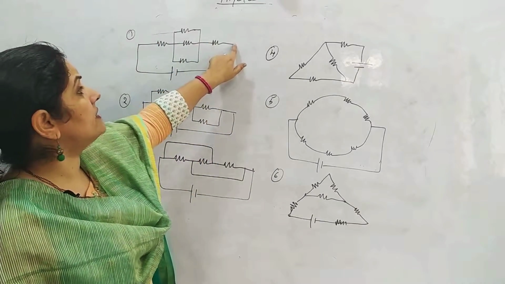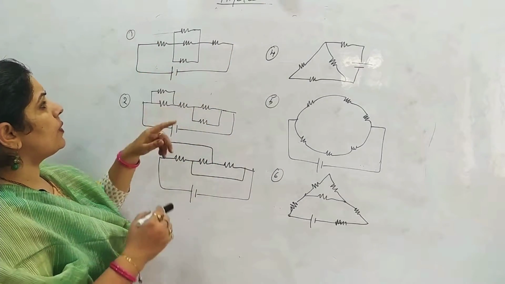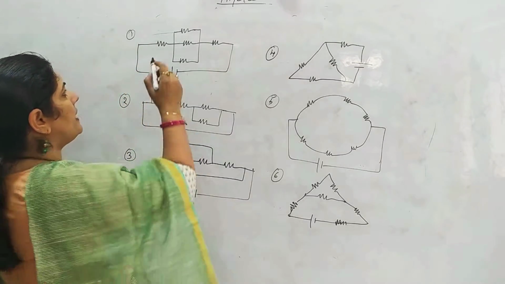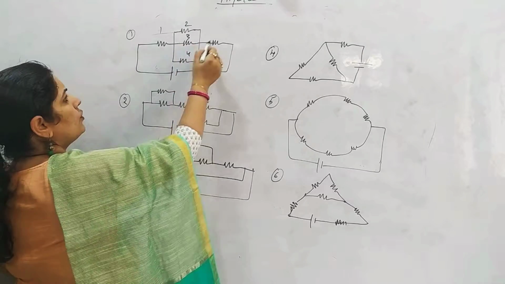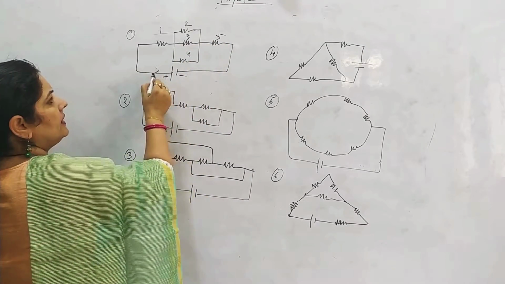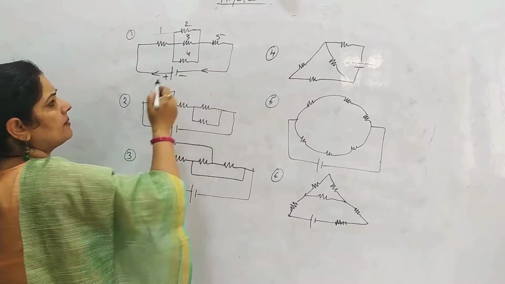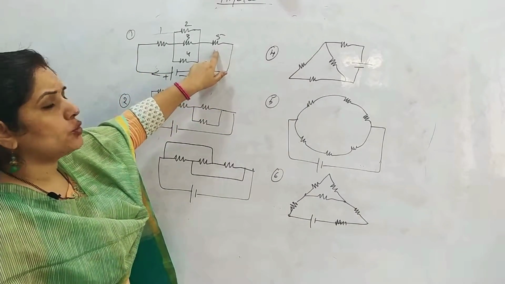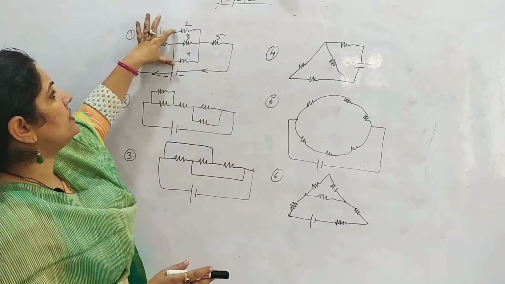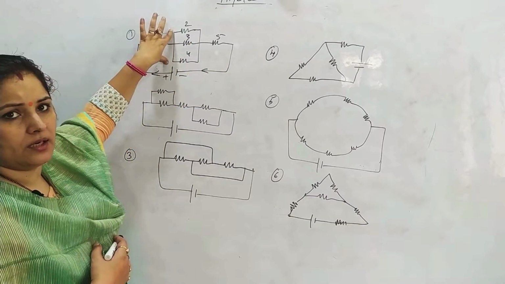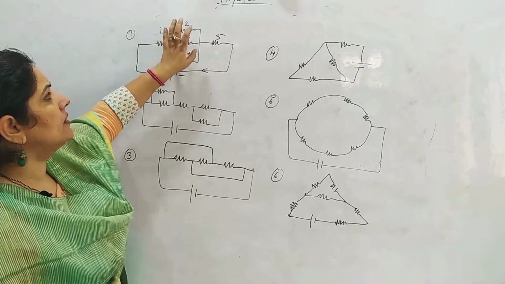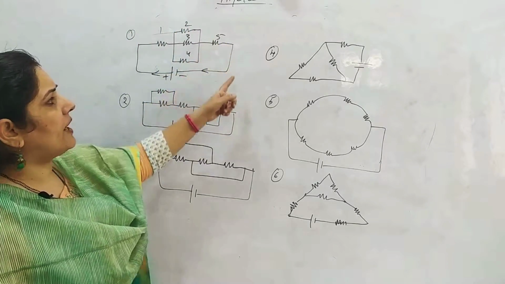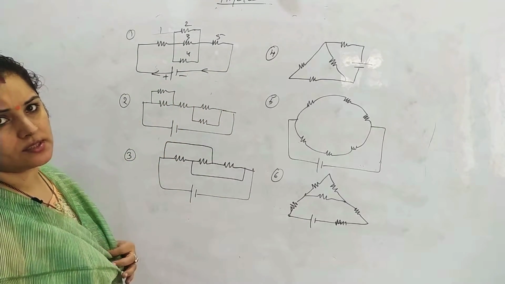Suppose we take case 1. Looking at case 1, let us name the resistors 1, 2, 3, 4, 5 and then the battery. Current is moving from this side and coming back. So battery is connected to 1 and battery is connected to 5. So we will not take 1 and 5. These three directly we can solve in parallel. The answer would be, say, answer 1. So 1, answer 1 and 5 would be finally in series. That is how we solve this circuit.